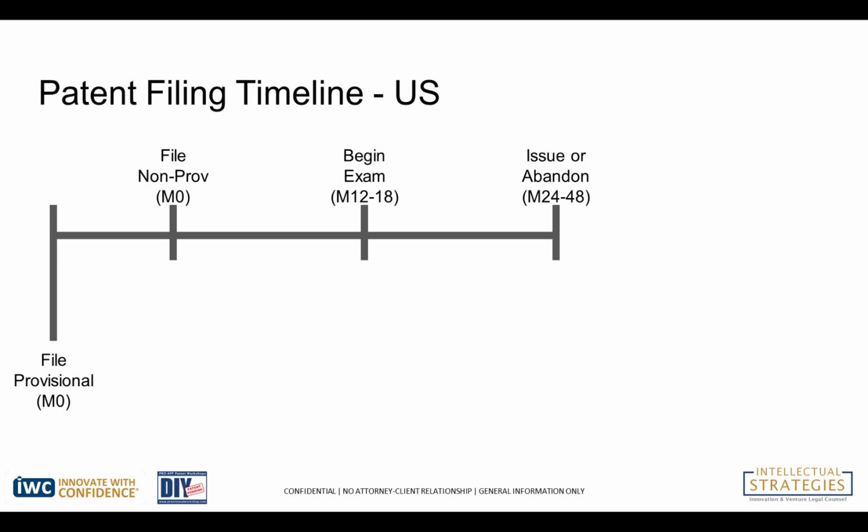This timeline begins when the provisional patent application is filed. I've labeled that as month 0 or M0 at the bottom there. Within the next 12 months after you file your provisional patent application, you'll think about filing your non-provisional patent application. In this slide, I've also labeled that as M0. You'll notice that duplicates the M0 designation for when you file your provisional patent application. This is because filing the utility non-provisional patent application actually doesn't eat into your 20-year term of your non-provisional patent